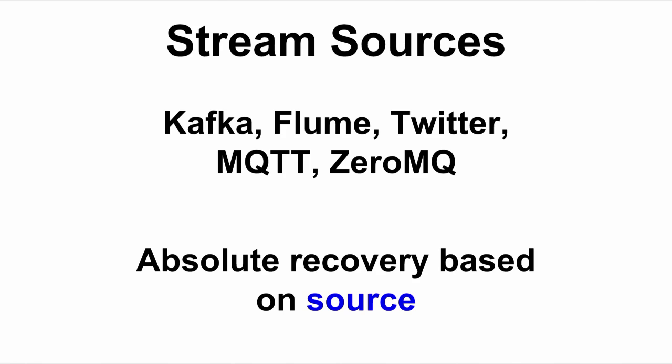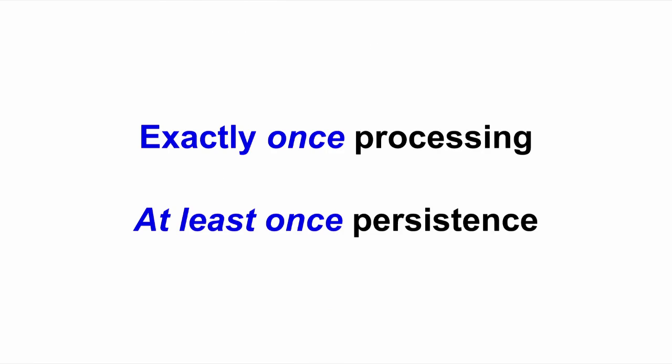But one of the things to keep in mind is that your recovery and fault tolerance is actually shifted a little bit now that we're talking about streams as opposed to normal Spark, and that your recovery is still based off of the source that you're choosing to have for this information. And so talking about fault tolerance, you get essentially guarantees of exactly once processing and at least once persistence. And so what this actually means is exactly once processing means we're going to reprocess this and recreate it the exact same way no matter how many times we fail.